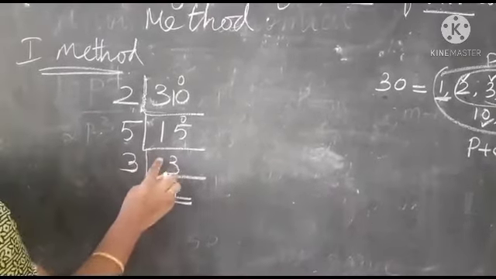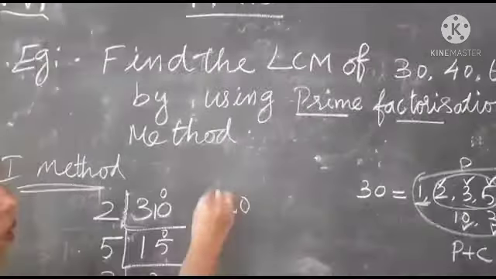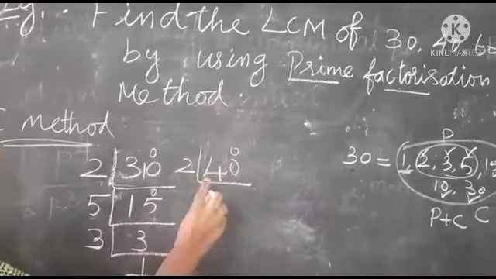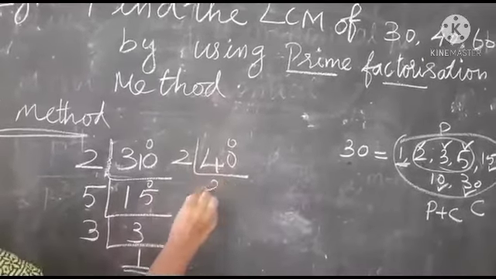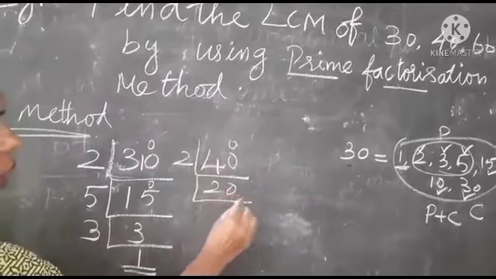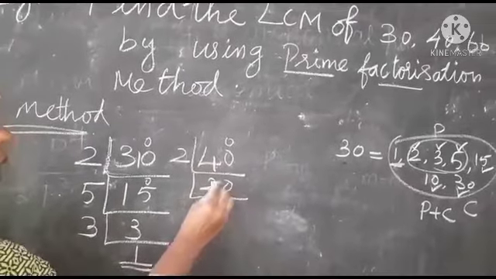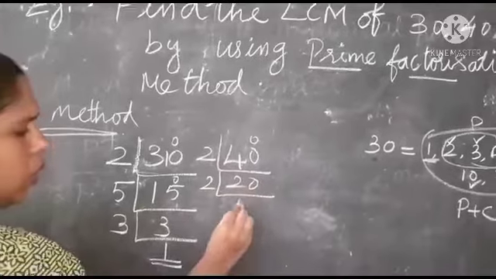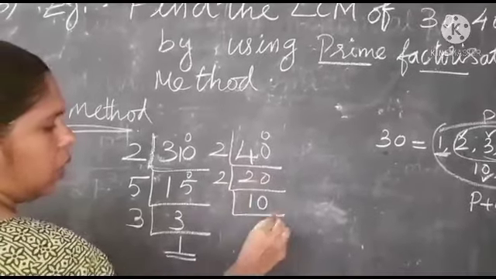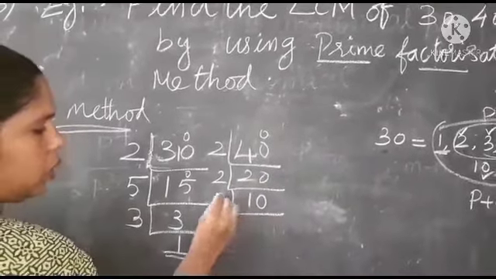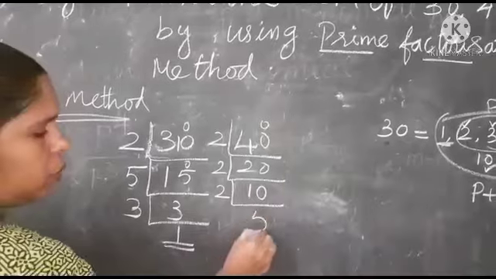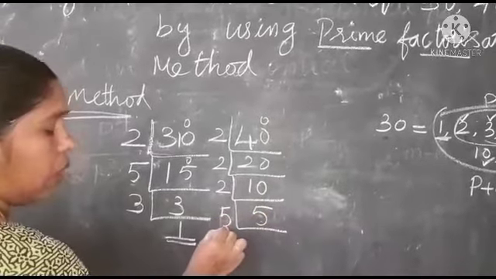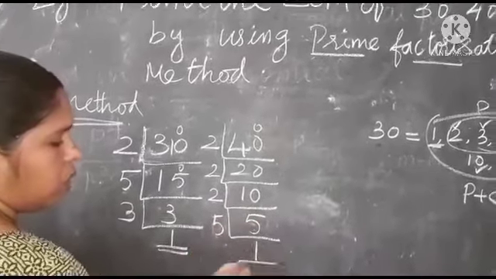Again the same way you write for 40. Here also ones place 0. You take the factor 2. And then how many 2s are in 40? 20 2s are 40. Again the ones place number 0. Again you take the factor 2. How many 2s are in 20? 10 2s are 20. Again 0. So we take the factor as 2. 5 2s are 10. At last the 5 table only, we write the factor as 5. 1 5s are 5.